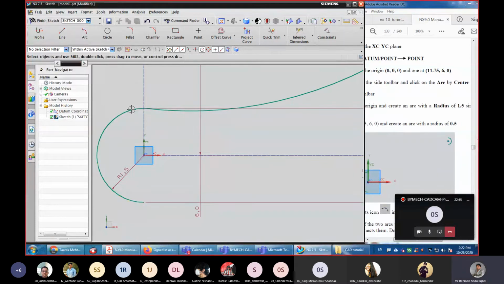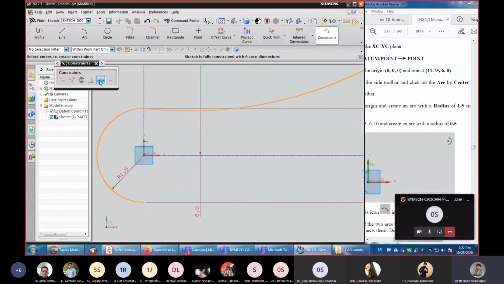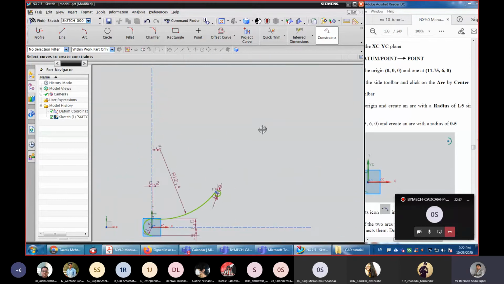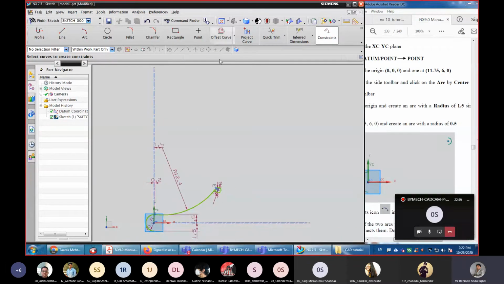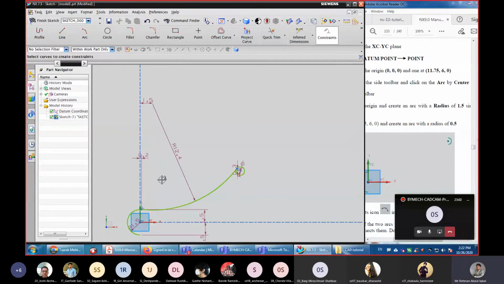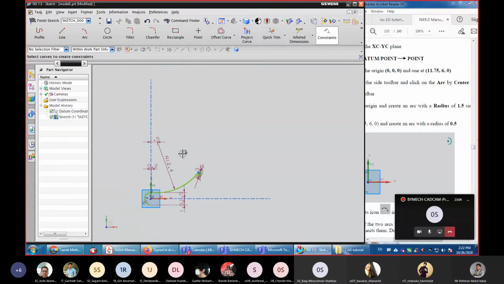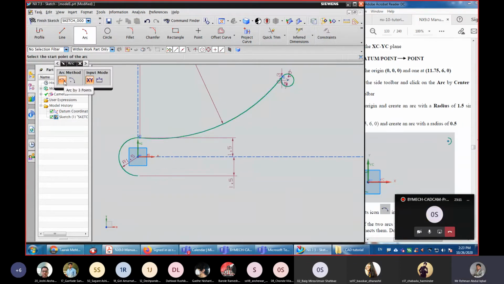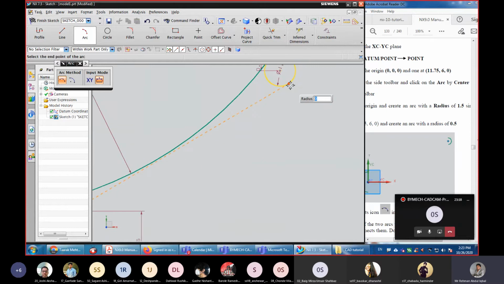These two, I have a doubt. Let's go to constraints, select these two. So here, just click tangent. So these two will become tangent to each other. Okay. Next, in a similar way, a 3-point arc is to be created from this endpoint to this one.